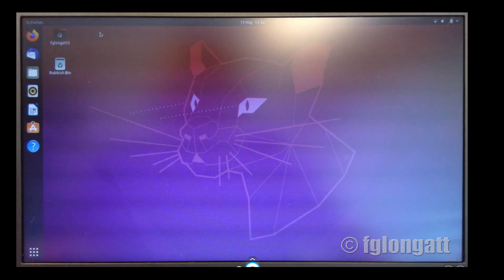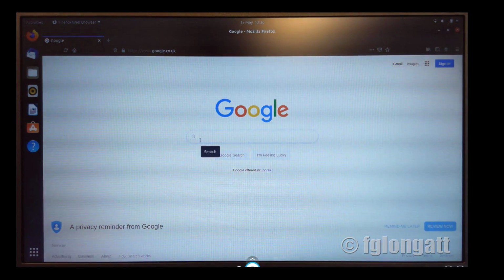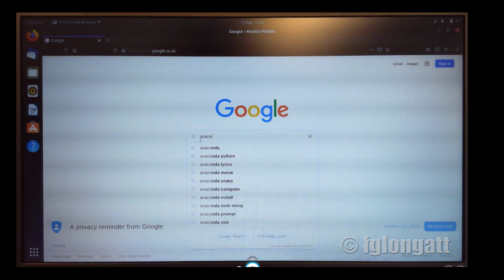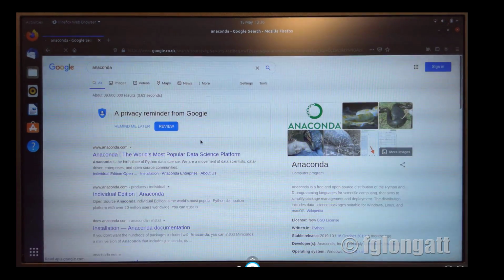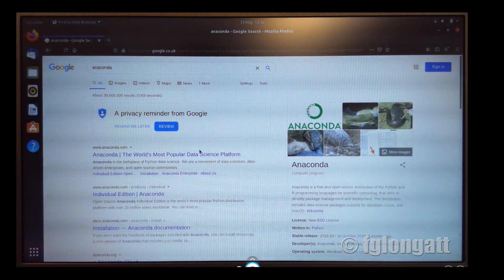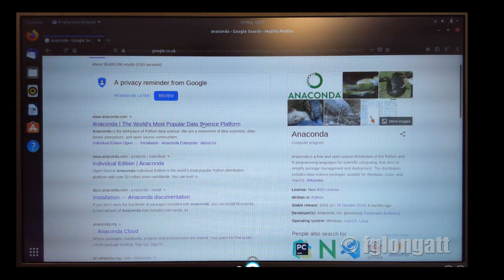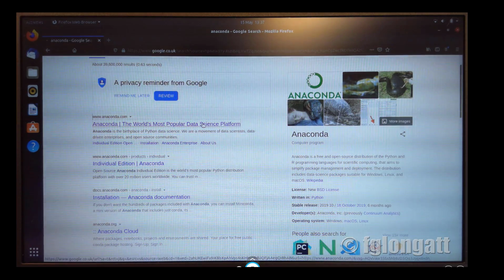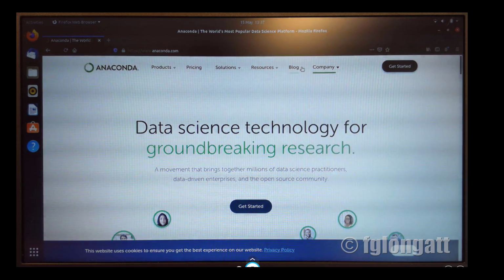And the job today is that I'm really interested in installing Anaconda as an environment to develop my Python codes. And what I will do now is I will go here to Anaconda and I will find,